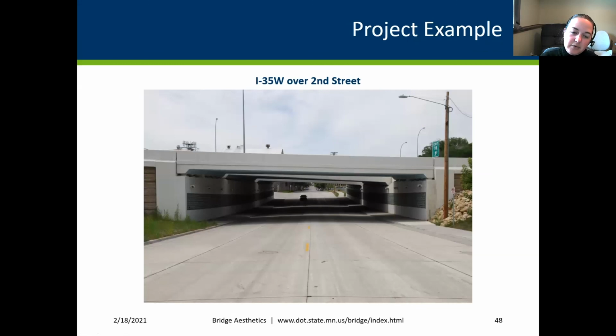A lot of people don't even realize they're going over a bridge in this case. This is 35W over 2nd Street. This is just north of the collapse, so this was replaced as part of the collapse. This is not a great area. There is a lot of crime down here. It's a great place to see a drug deal. It's very dark. It's very tunnel-like. You see a lot of graffiti here.